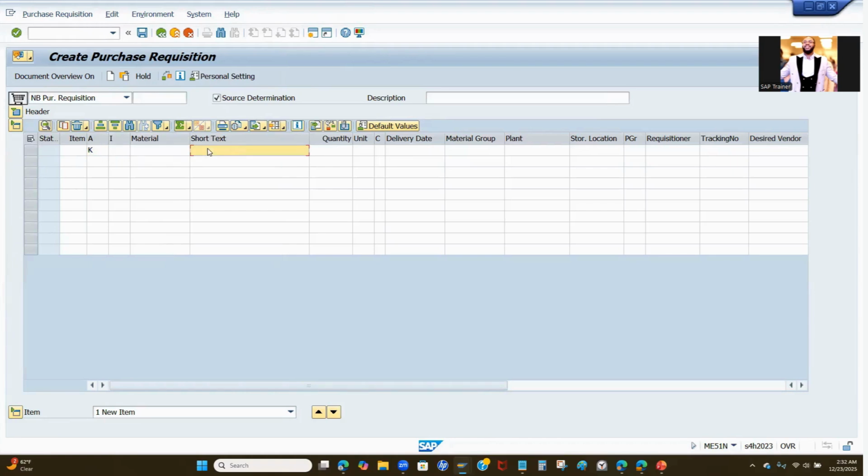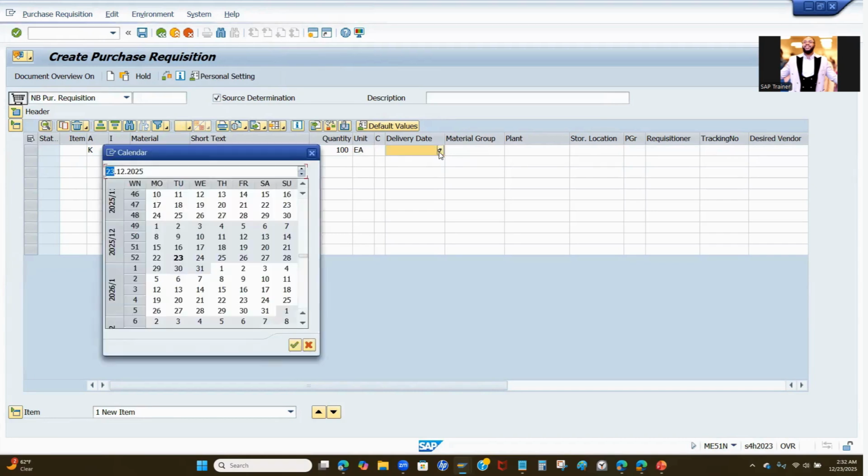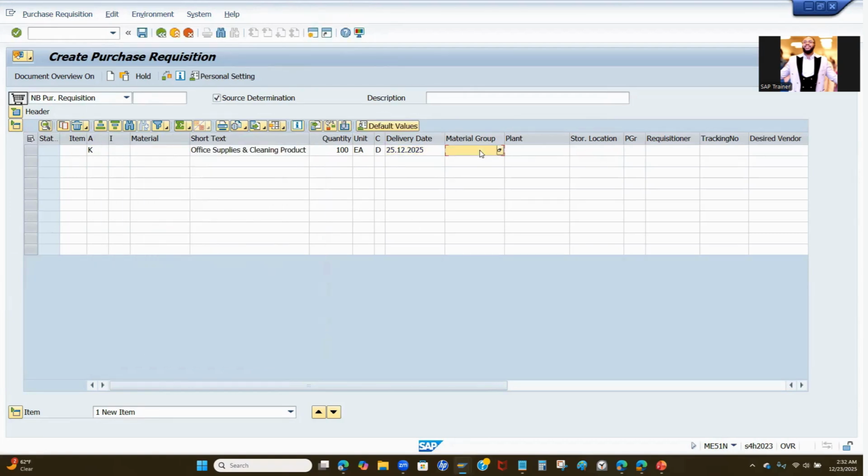You're not going to enter material here. For the short text, you can also say something like office supplies and cleaning products. Okay. And you can define how many quantities you want. So let's say 100 unit of measures each. Let's say maybe the delivery date is going to be on Christmas Day. And then